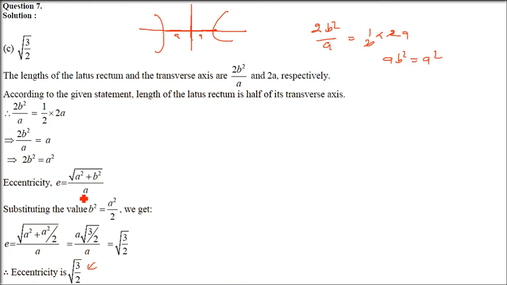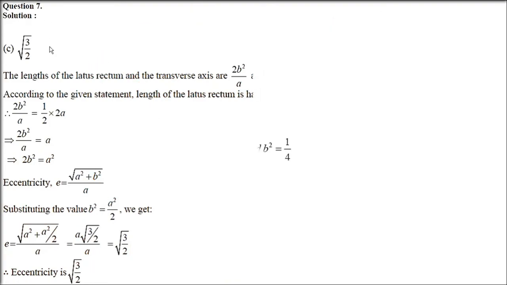You have the eccentricity formula like this. So in place of b square, put A square by 2. You cannot put this A square as 2b square because it's not going to cancel the A in the denominator. So put b square as A square by 2. So you have A square, you take it out, the A cancels, 1 plus 1 by 2, that is, under root 3 by 2 will come.